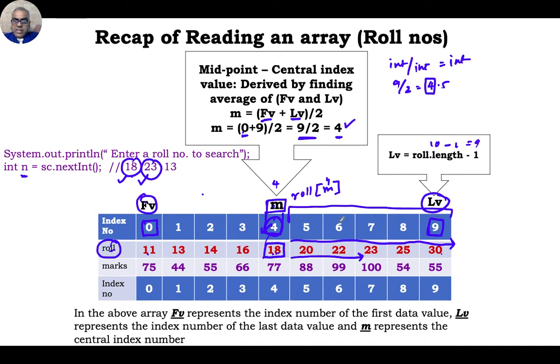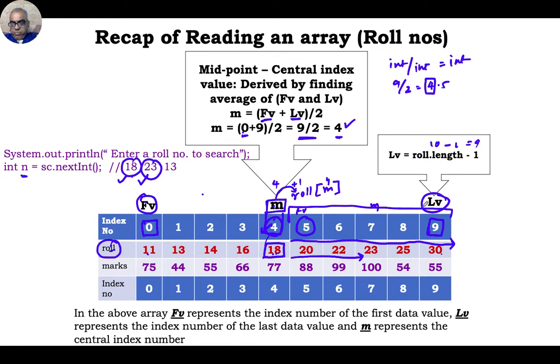Again, if you want to find the center of this data, you need to make a little change. If you look at this, on this side LV is already present, it is FV which is 0. Because 4 is already being used, I now need 5 to be converted into FV. If I make 5 the FV, then 5 plus 9 divided by 2, 14 divided by 2 is 7, that will make my central cell. Now how do I understand that 5 is my value? It is a logical relation with the previous central cell plus 1. So M, which was 4, plus 1 becomes my 5.